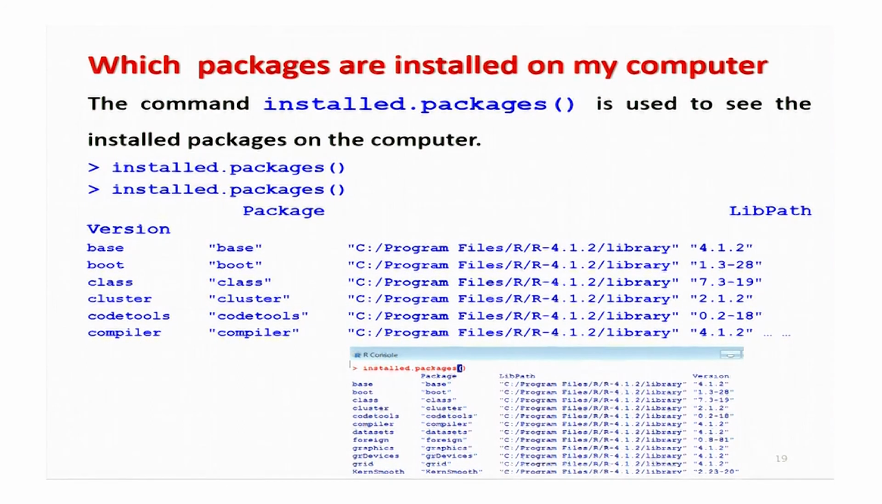So, the next question is that once you start working in the R software, from time to time you will be downloading different types of packages, and those packages will be available on your computer. Suppose you want to check which packages are installed on your computer. In order to do that, we have a command here, installed.packages, and within the parenthesis you do not have